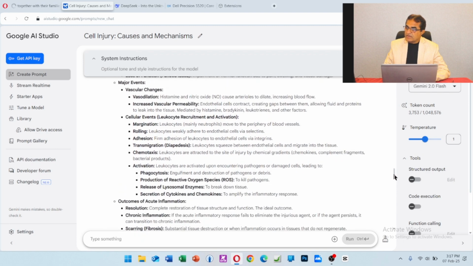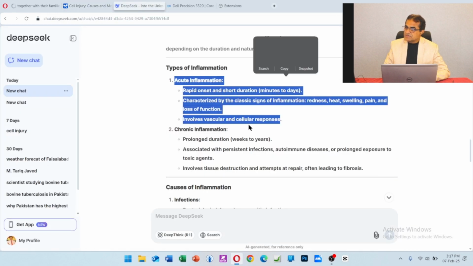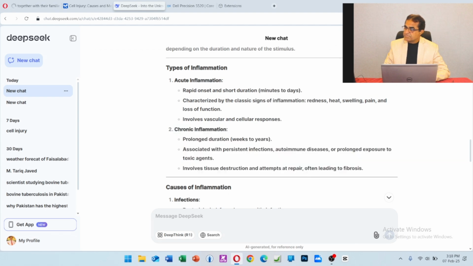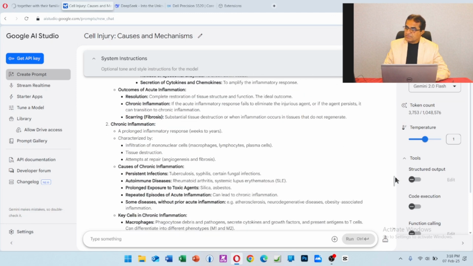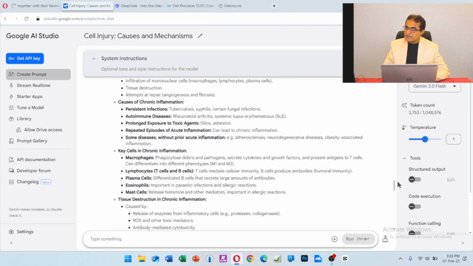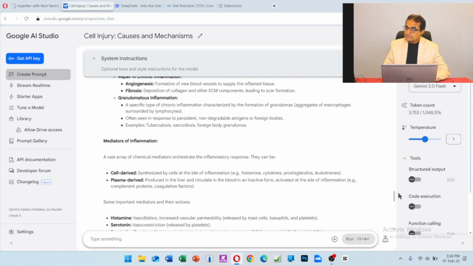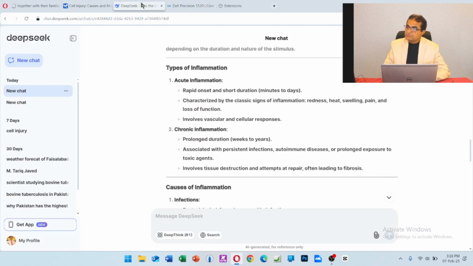See how much information is there. It covered almost every aspect of acute inflammation, while here it has given just the hints about acute inflammation and then chronic inflammation, just the hints. While in Google AI Studio, I got much more information in acute and chronic inflammation in both cases. Then the mediators of inflammation, who